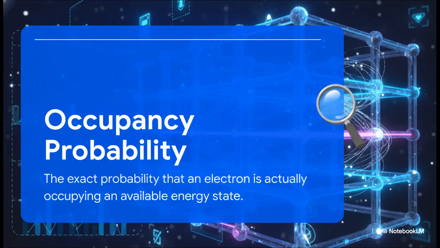Now, to truly map this highway and understand conductivity at any temperature, we have to calculate 2 vital things. First, the density of states. Think of this as counting the available seats, or energy levels per given volume. Then, we use something called Fermi-Dirac statistics to figure out the occupancy probability. Basically, what are the exact odds that an electron is actually sitting in one of those seats? By combining the available seats with the probability of them being filled,